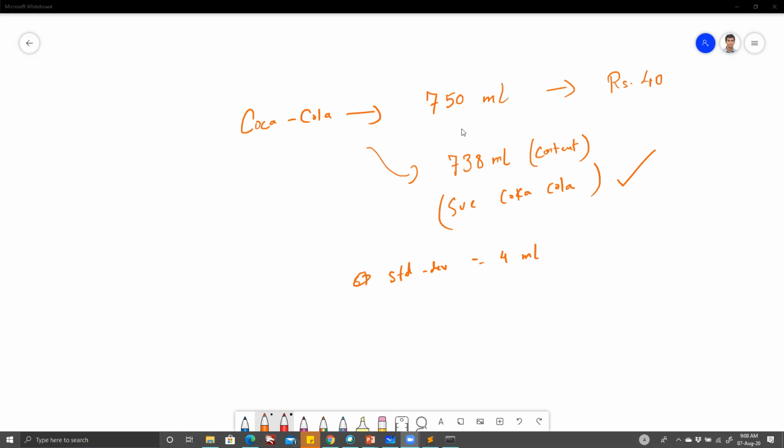No, Madhu. So the 750 ml is not the bottle, it is the content. Actually, the bottle can hold a bit more than 750 ml. I have done the experiment. I have put some water in there, so I know how much it can actually hold. So the 750 ml that Coca-Cola claims is not the bottle size. If anyone has a measuring flask, you can put that Coca-Cola in there and see how much it comes to. Usually it is close to 750 ml. Most days it will come close to 750 ml.